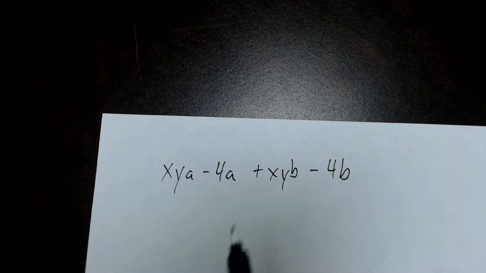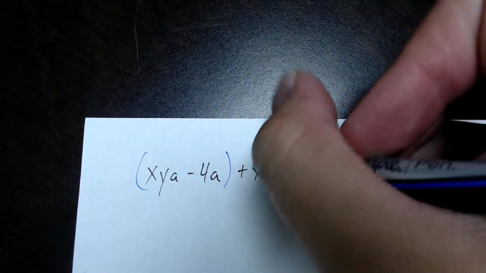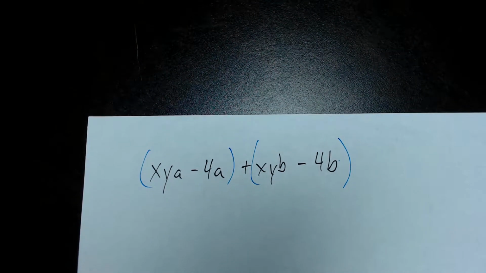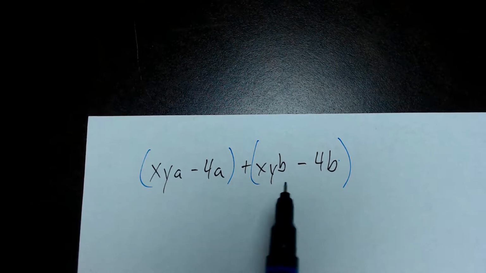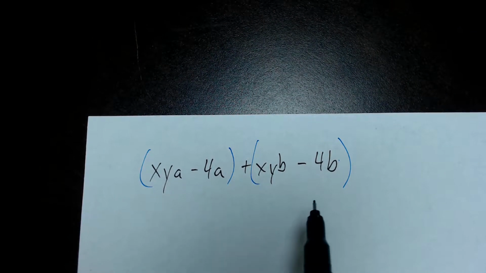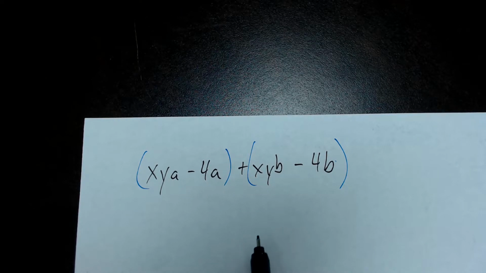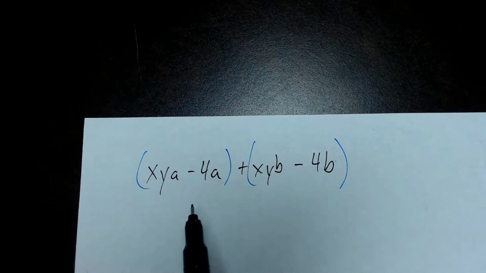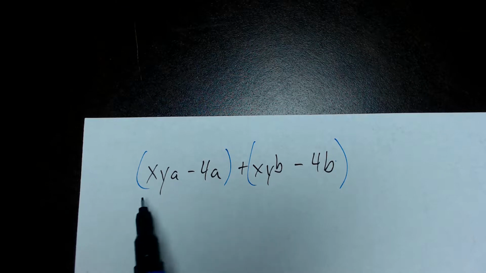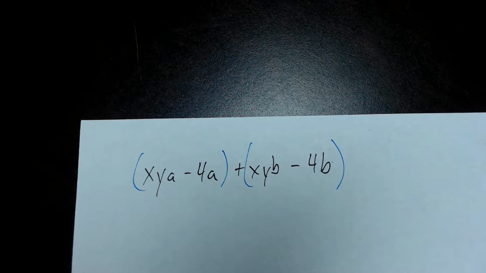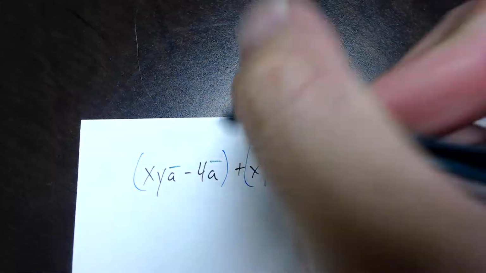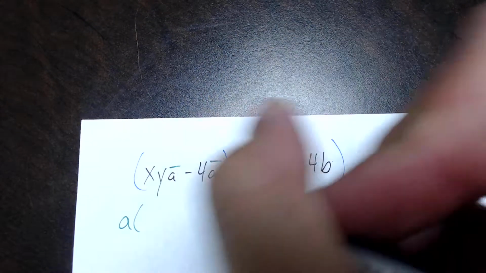But we're going to start with the a's and the b's first. When we factor by grouping, what we do is we insert some mental parentheses in the problem. We're going to group the a's, and then we'll group the b's. Mathematically, I haven't changed anything, because you can insert parentheses inside of addition problems without changing the outcome. Now I can factor each group by its greatest common factor. In the first one, the greatest common factor is a, so I factor a out,